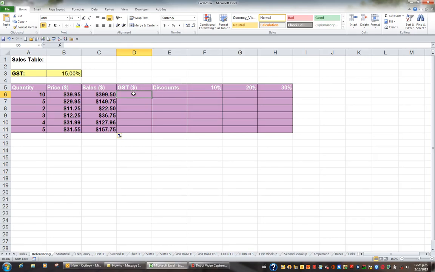I'd like to put another formula into this spreadsheet. This formula is to reside in the cell D6, so I've clicked on D6. This formula is to grab the first sales figure in C6 and to multiply it by the percentage I have sitting in B3. So in the cell D6 I'll put equals, click on C6, press the star and click on B3. When I press enter, C6 times B3 is